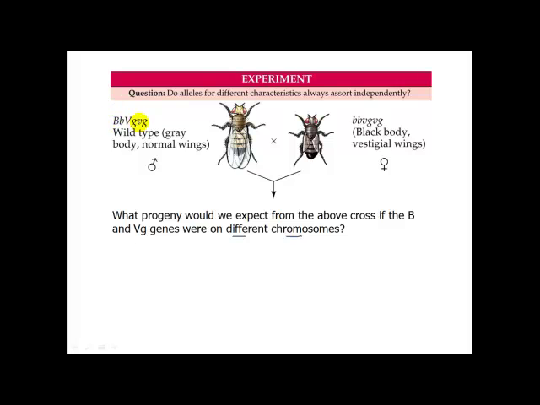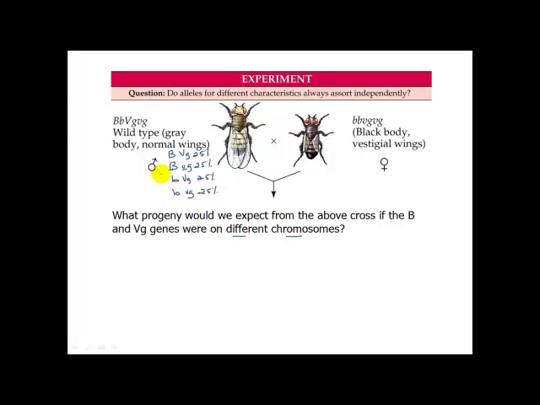If they're on different chromosomes, we expect exactly what we just said, right? 4 gamete types produced at random, present at equal proportions out of our total. That makes sense,